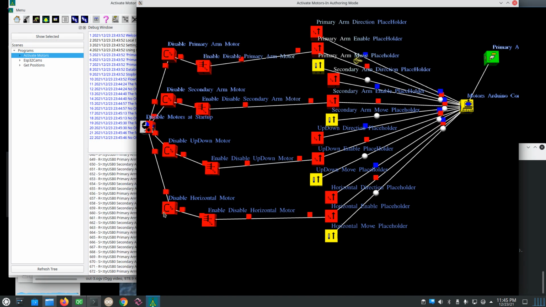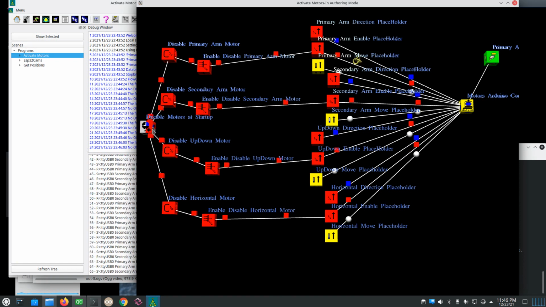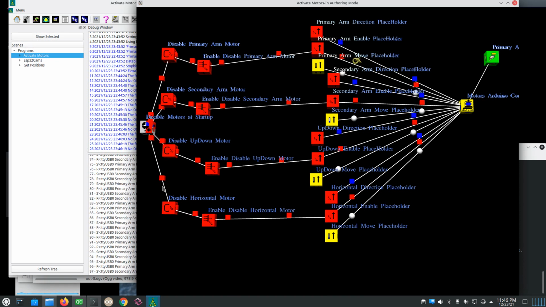So I have 4 controls: up and down, horizontal movement of the whole unit, primary arm and secondary arm, which go all the way in to position themselves above a plant or a hole in a pipe that the water runs through. But here, what I do is at startup, after 5 seconds, I send a true